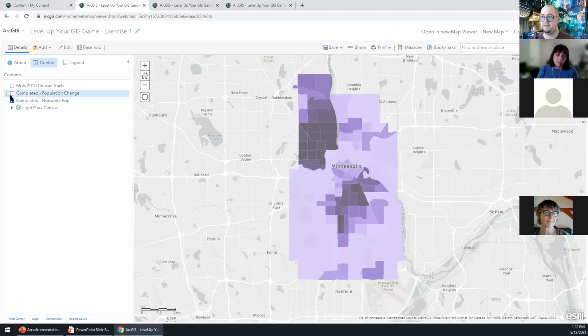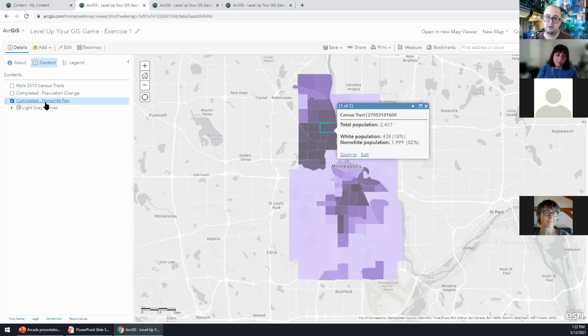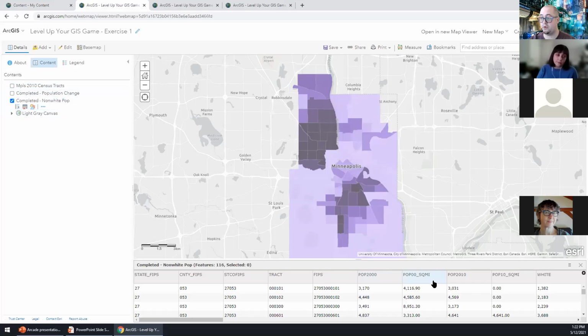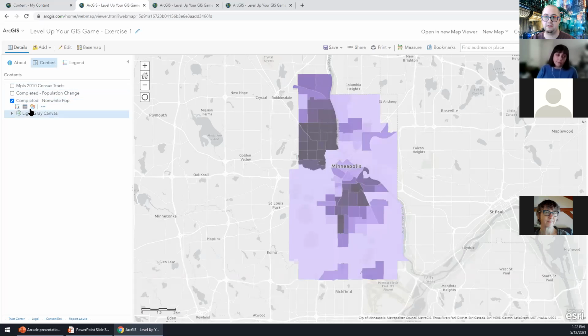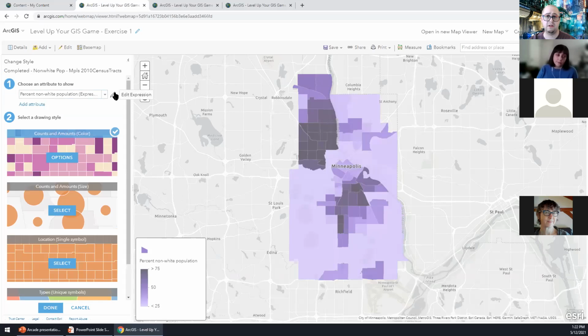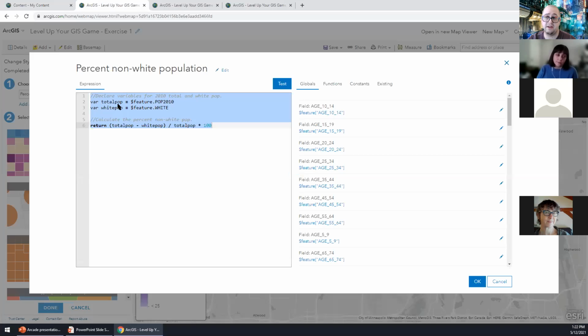Now for another example of that, I have my non-white population. And this is something where I styled, again, within this data, I have the total population and I also have the white population, but I don't have a field in here that totals up the rest of the populations. So if I look at the expression here, it's going to look almost identical to what I did. I'm just using different globals and slightly different name variables, but I'm just calculating, again, the difference between the total pop and the white pop